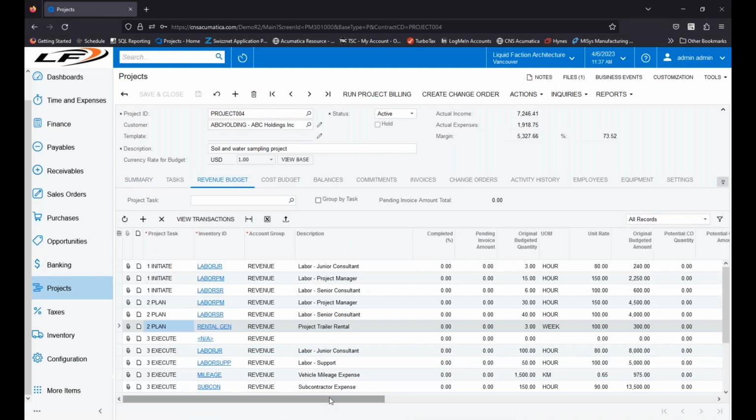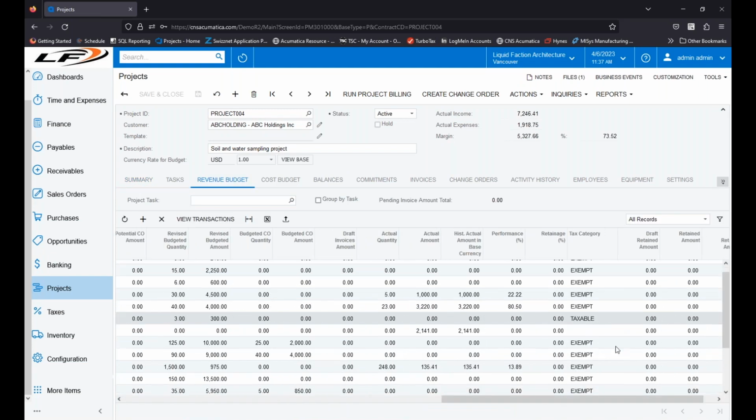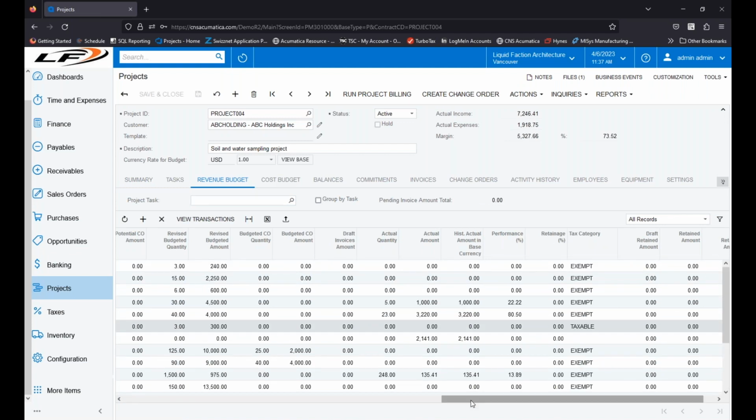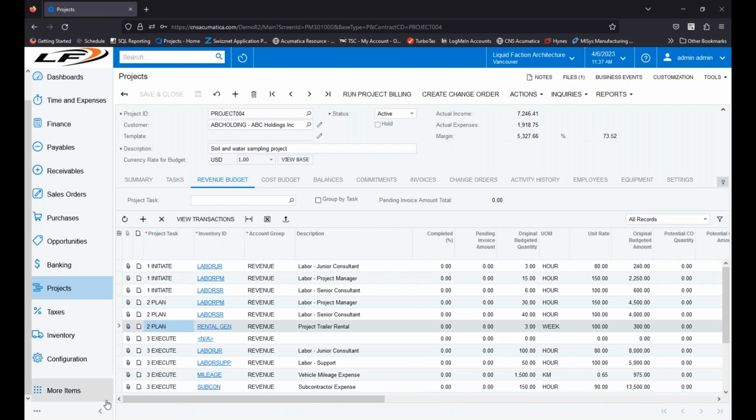Yeah, very similar setup. So again, just to reiterate, the key with projects and ensuring that taxes flow through appropriately is for fixed, we're looking at revenue budget tax categories. For time and materials, we're making sure that the labor items that are set up on the revenue budget are all associated to taxes, as required. If this was Canada,